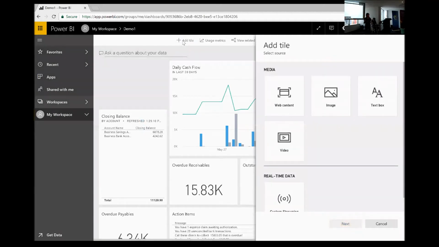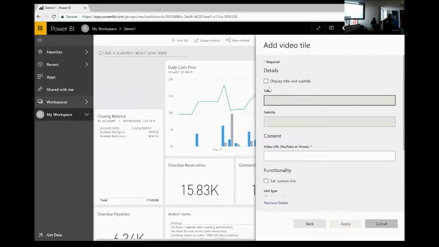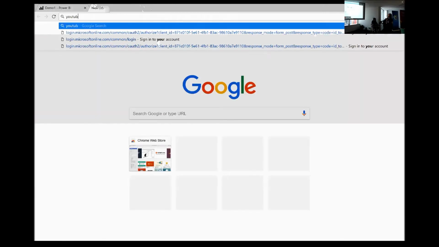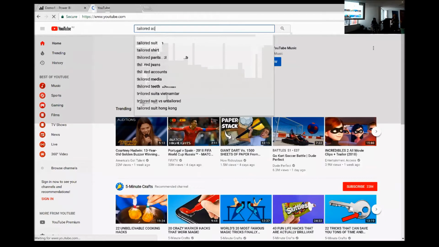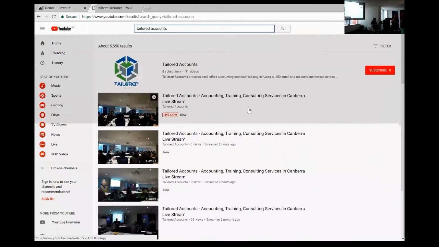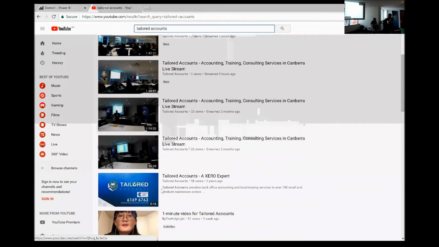Actually, we can add quite a lot of things into it. Let's add a very interesting thing. Let's add a video from YouTube. So we just click video. And next. And Teddy, you just go to YouTube and find, let's say, a video for tailored accounts. You just type tailored accounts. The reason why we do this is we want to get the link of this video. So just click your favorite video,